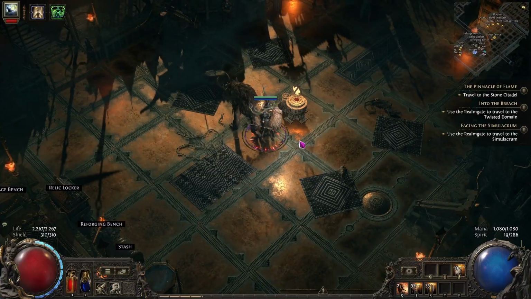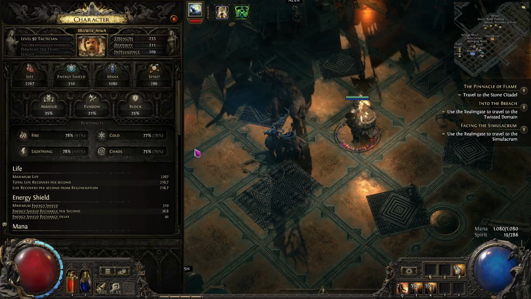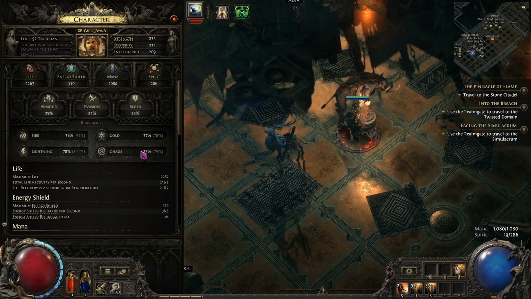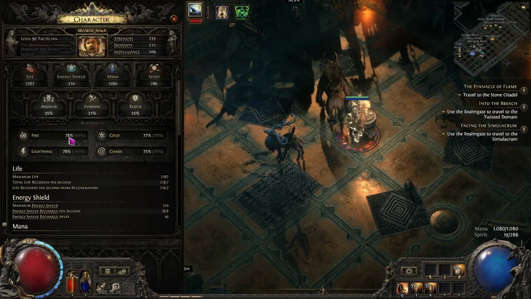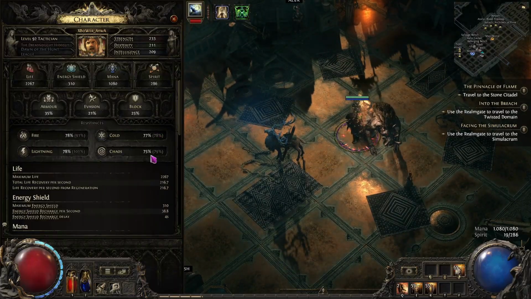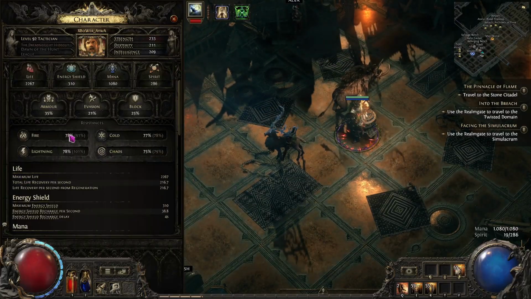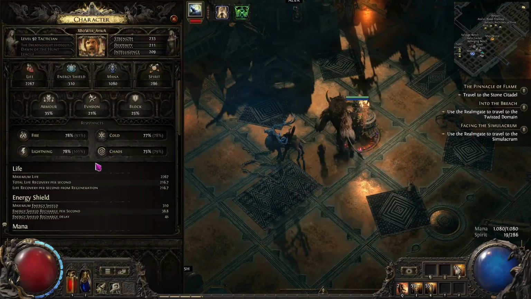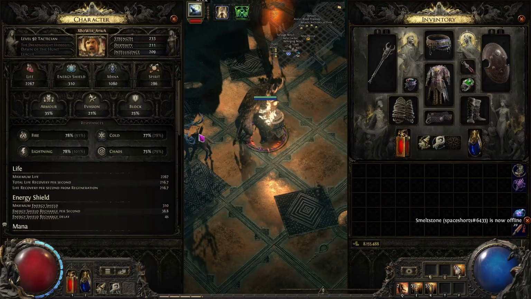Now, let's just look at some stats here. Let's get the banner away. There we go. Okay. So, currently, our resistances look pretty decent. 78, 78, 77, 75. That's pretty good. But what I'm going to work towards in the future here is a little bit less resistances on the character itself, and then